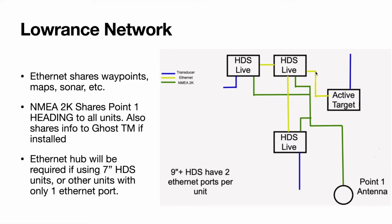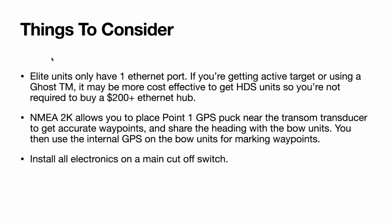So just remember, if you are running the Ghost trolling motor and you want that to follow the contour lines, all you have to do is plug it into your NMEA network, so you'll have to have another T connector up front. Some things to consider, and just to reiterate them, is the Elite units only have one Ethernet port or the 7-inch HDS. So if you're going to get Active Target or using a Ghost trolling motor, it just may be more cost effective to get HDS units 9 inches or bigger,